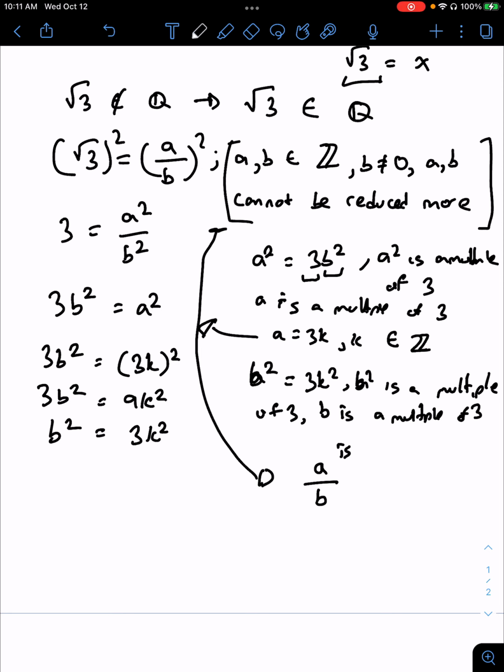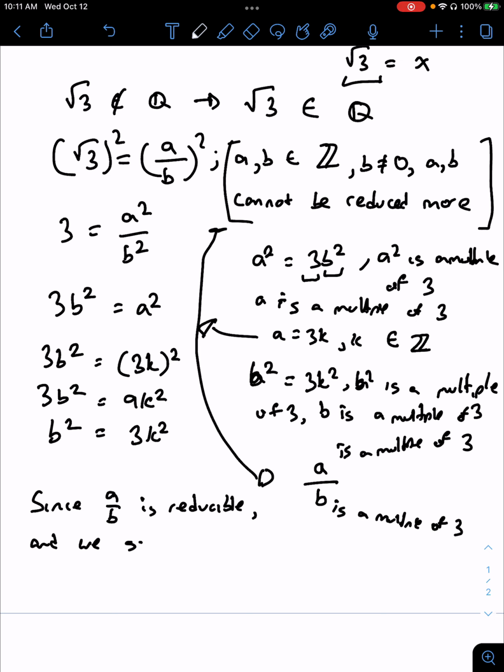But if a is a multiple of 3 and b is a multiple of 3, then you can obviously reduce it further, right? Like let's say a is 27 and b is 9. Oh, wrote 9 wrong. You can reduce this further, right? They're both multiples of 3. 3, 3, and then 3, 9. And then you could reduce it even further. Whatever number it is, if you multiply it by 3, you're going to get something that's reducible. Now, since a over b is reducible,